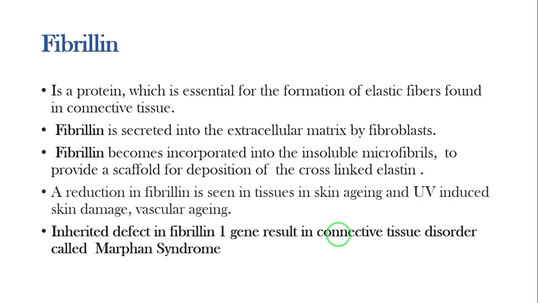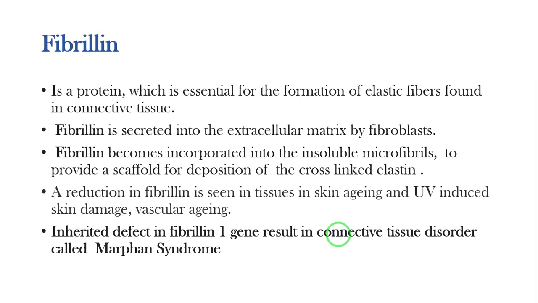The other major protein in the elastic fiber is fibrillin 1. It serves as a template or scaffold inside the elastic fiber upon which the cross-linked elastin is deposited. Fibrillin may be decreased secondary to skin aging and secondary to excessive exposure to UV light, and also we have